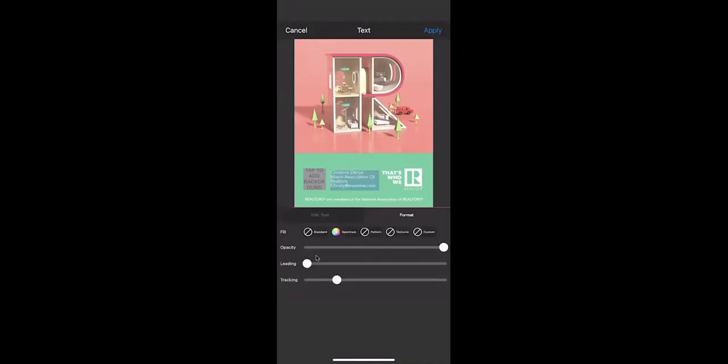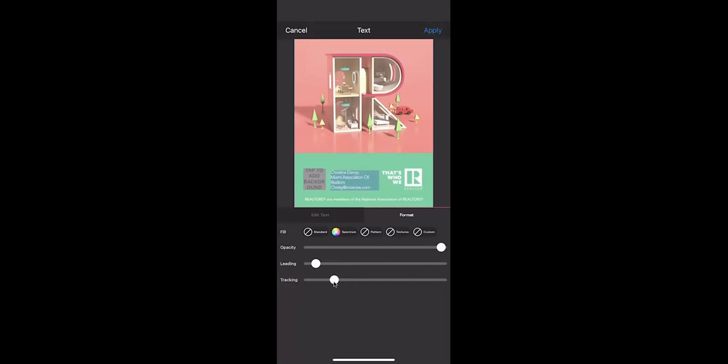When I click on format, you're able to create a smaller or darker opacity. So that just means what is the degree of transparency? So I'm able to take my finger and drag it along to make it either clear, right? I'm also able to take the leading, and that'll allow me to drag and separate the words however you'd like. And then we have the tracking, which will allow me to separate the letters